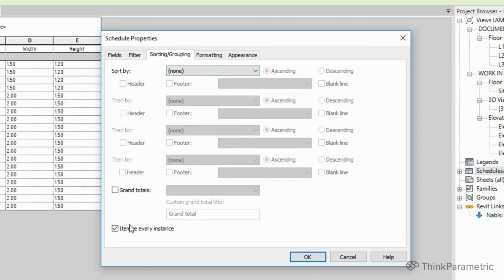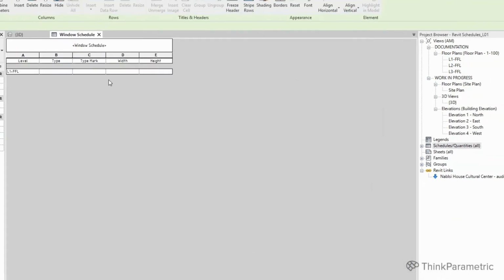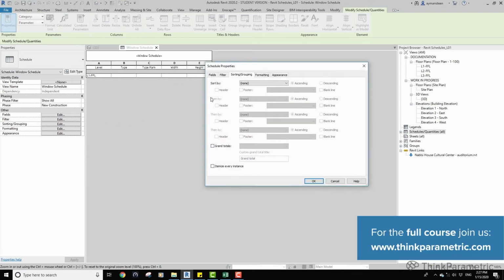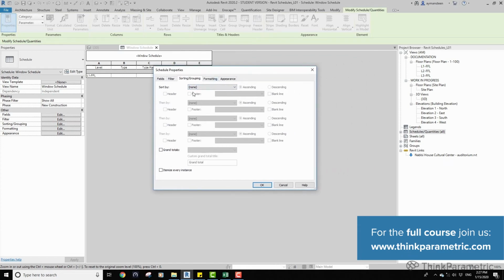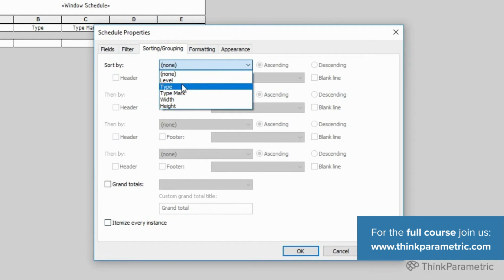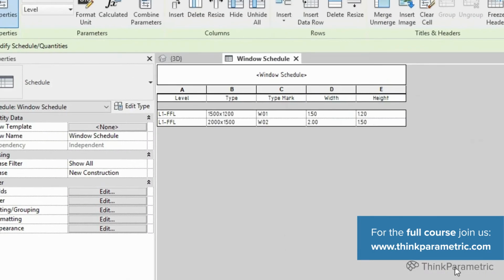There's also another option, which is itemize every instance. If we click right here and click OK, all the windows will disappear and there will be only one row. To solve this, we should go to edit, to the sorting grouping, and we should remove this itemize and put the type mark and click OK.